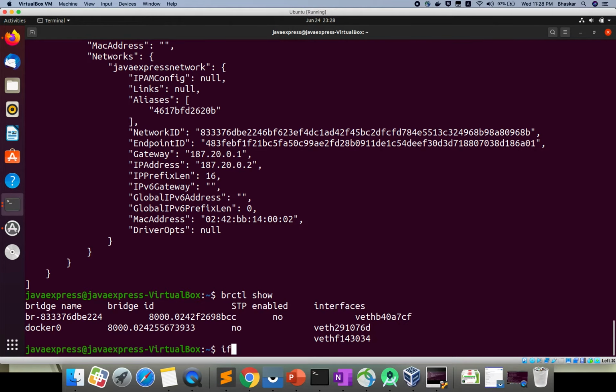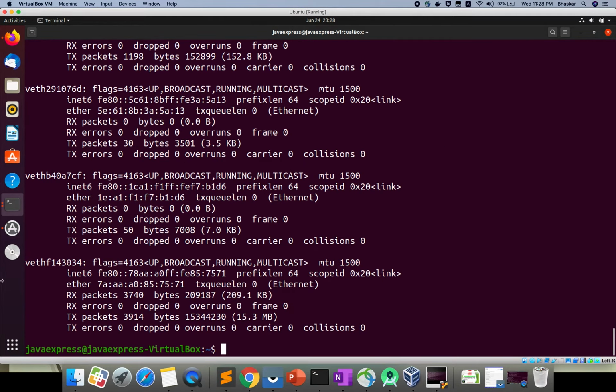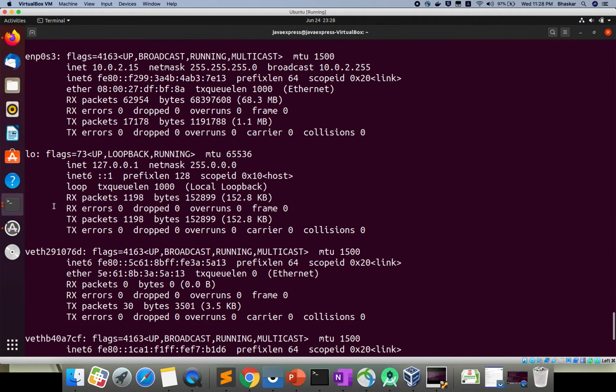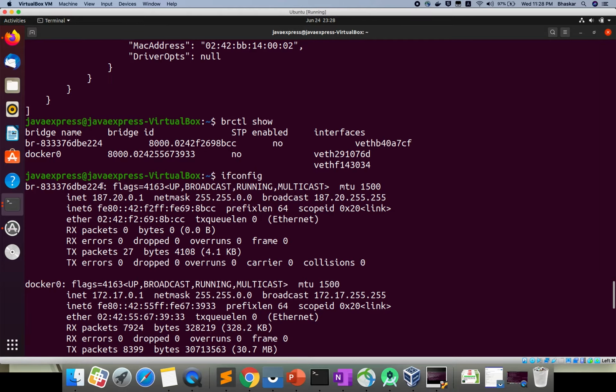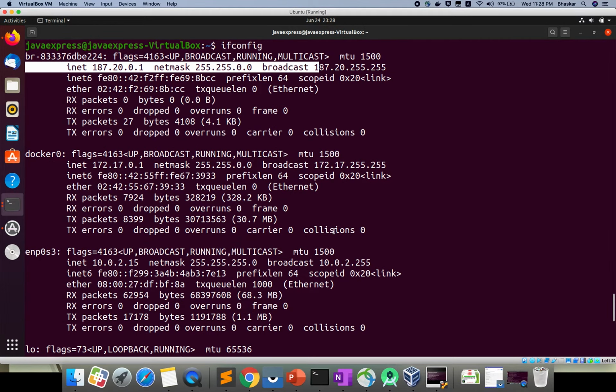If you want to see ifconfig, okay, you can see your docker 0. This is your docker 0. This is the custom network you created, right? You can see your IP address here. This is the way you can create your own network in docker network. Basically this concept will be useful in orchestration engines like Kubernetes, but it is better you know the concept, it is a good idea.